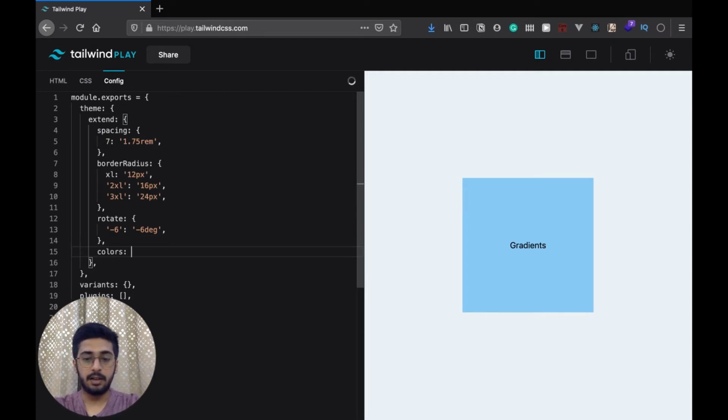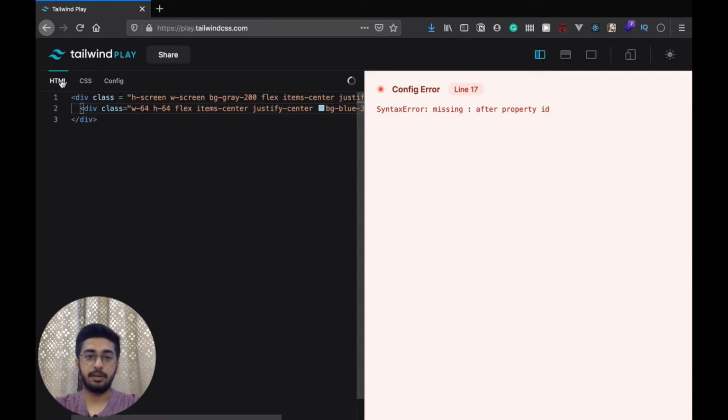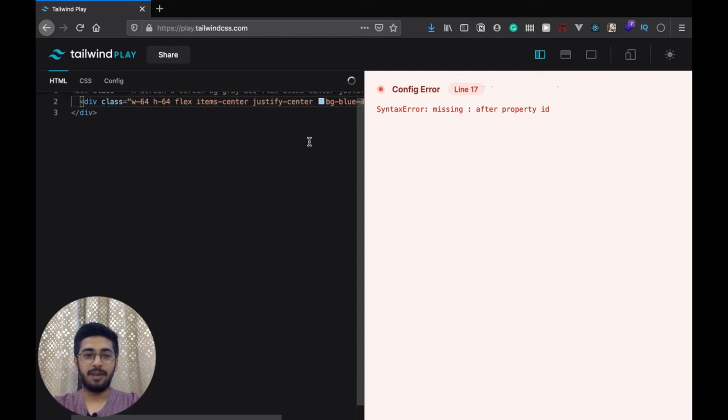So we'll just add colors and we'll say blue and give a value to it, and I want this blue to be equal to rgba and whatever values we have over here. This takes a while to process because you can see there's a spinner over here, and once this loads up it will signify that the config file and so on has been compiled with the new CSS that we can use. We need to wait for this basically to see it in full swing, but never mind.